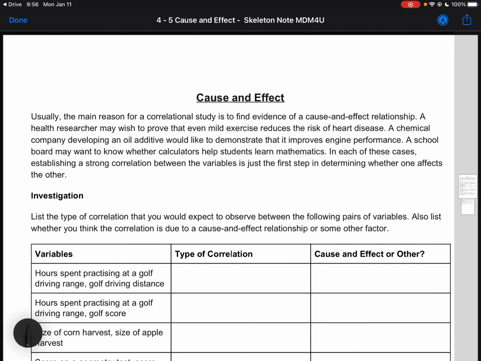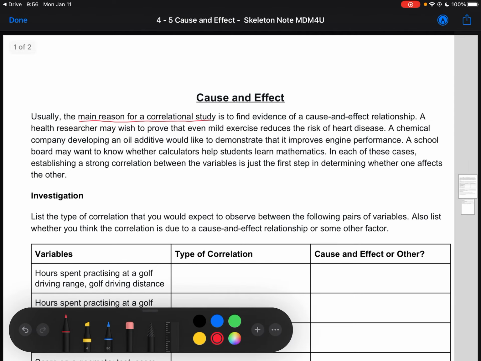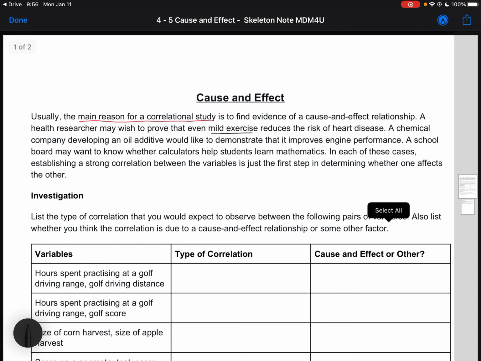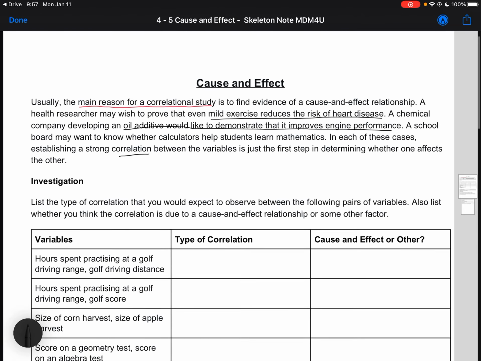This video goes over the concept of cause and effect. So usually the main reason why you want to do a correlational study or investigate two variables is to find evidence of a cause and effect relationship. A health researcher may wish to prove that even mild exercise reduces the risk of heart disease. Perhaps a chemical company developing an oil additive would like to demonstrate that it improves engine performance. In each of these examples, establishing a strong correlation between the variables is just the first step in determining whether